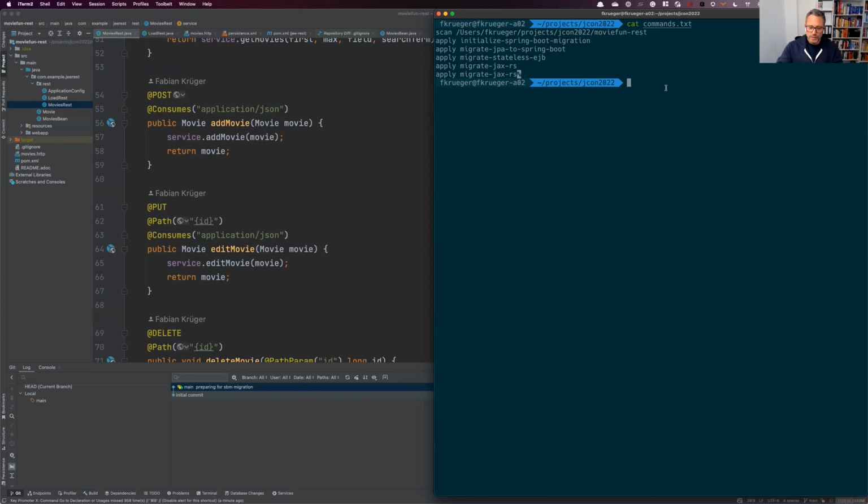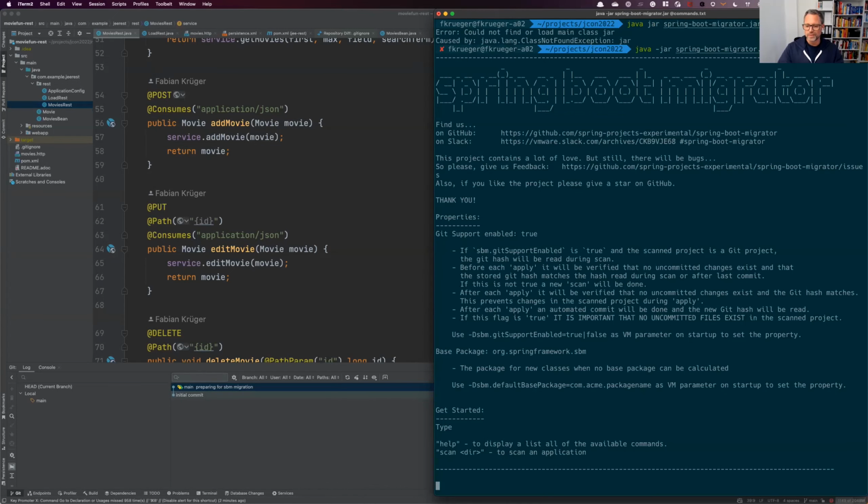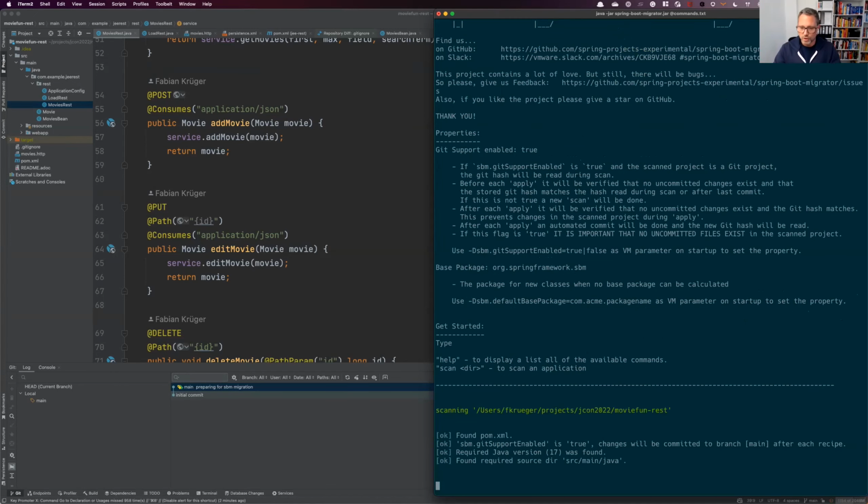What I'm going to do is start Spring Boot Migrator with this file provided. These commands are in the file commands.txt. And if I run, well, I think I'm missing a dash here. I had this feeling. Here we go. So instead of me adding all the commands now, it's going to take the commands out of this commands.txt file and